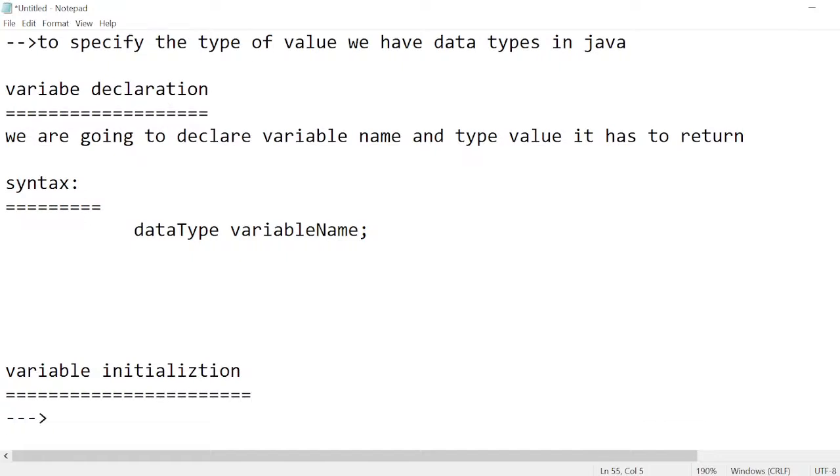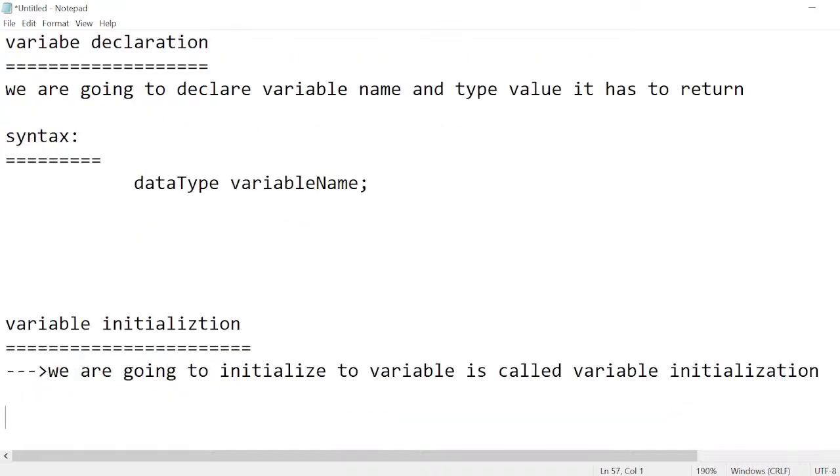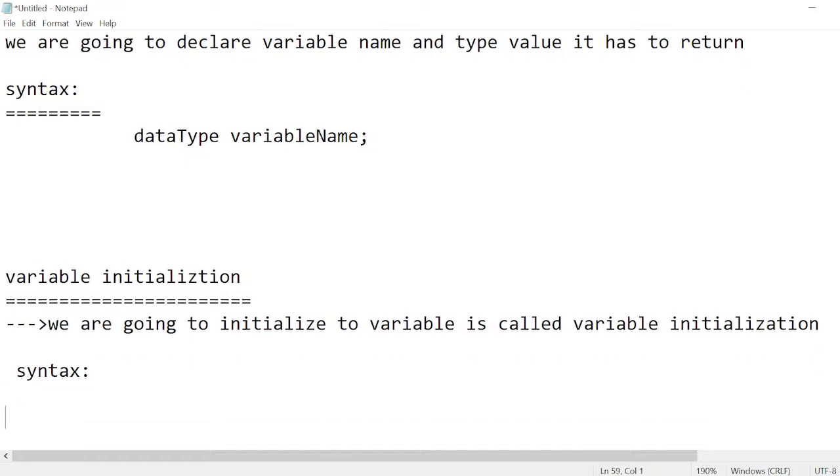Variable initialization meaning we are going to initialize a value to the variable. That is called variable initialization, guys. So the syntax for the variable initialization is the variable name,